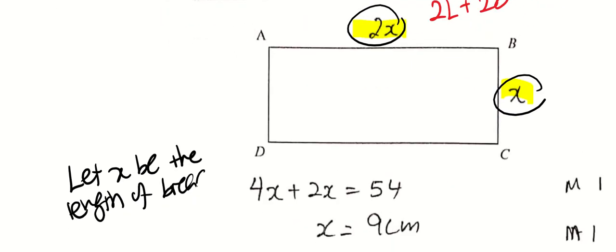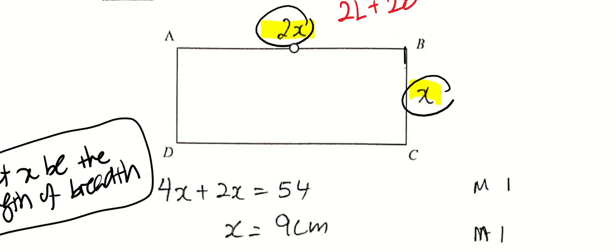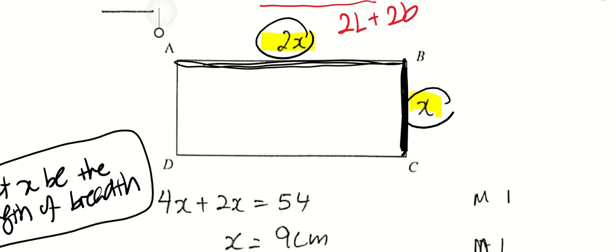B-R-E-A-D-T-H. You should have this as well. Okay. If not, the examiner would not know what x represent. Okay. So once you've labeled this breadth, sorry, as x, then the length is simply two times,